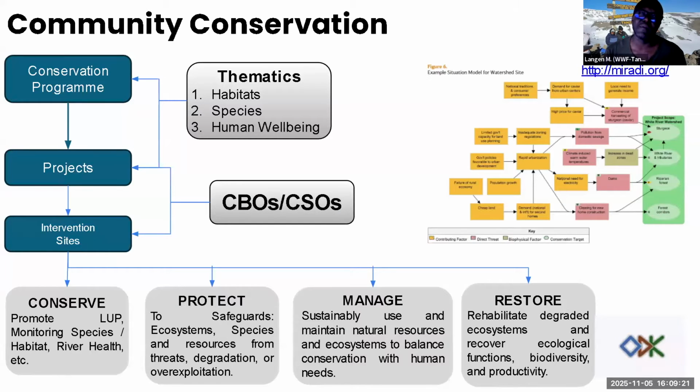And at the end of the day, WWF, for example, and other organizations, mostly work with community, because the central government protected areas can be said to be well manageable, but around the corridors and dispersal areas where the community is, there's a lot of human-wildlife conflict, but also bush meat activity. So that's where the NGOs are working. And